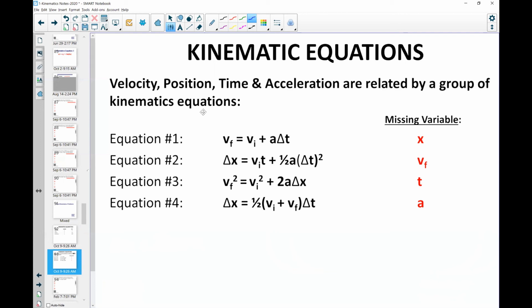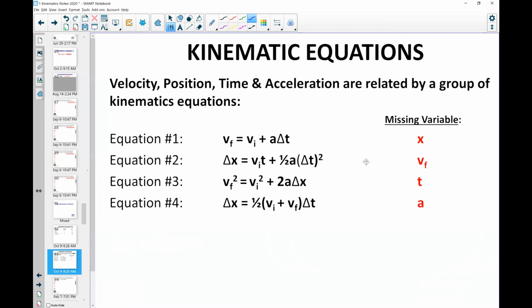But so it's kind of handy, but pretty infrequently used. Anyway, it doesn't have the variable acceleration in it. It doesn't mean there's no acceleration. There's an initial and a final velocity. The only reason that would make sense is if it's changing. So there is an implied acceleration, but it's not known and it's not asked for.